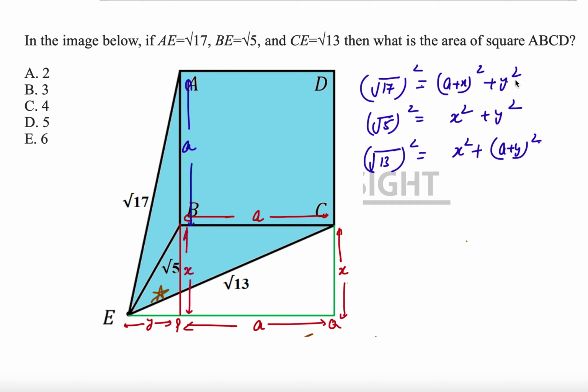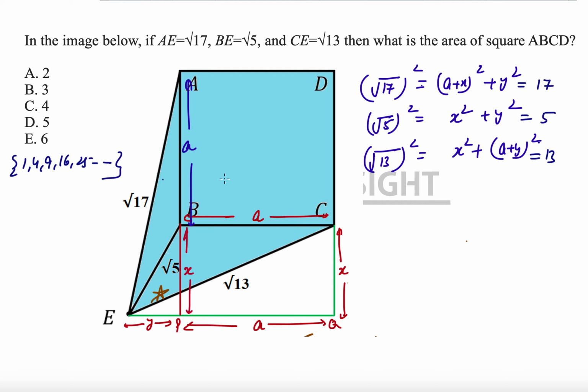Now that we have these three equations, the simplest way to answer these questions is to think of some smart numbers, because GMAT usually gives you values which are very comfortable for calculations. There are two methods we can use here. One is to simply solve these three equations simultaneously. Or we can think, are there any two numbers whose squares add up to 17? Then we can write down a few perfect squares, because A plus X square plus Y square, so we need to look at perfect squares. The perfect squares that we generally have are 1, 4, 9, 16, 25, etc.